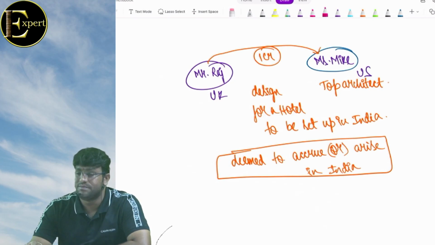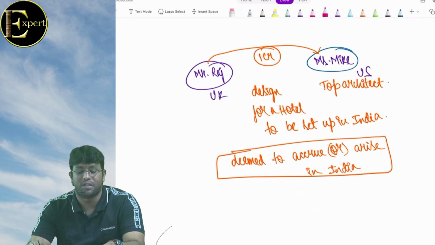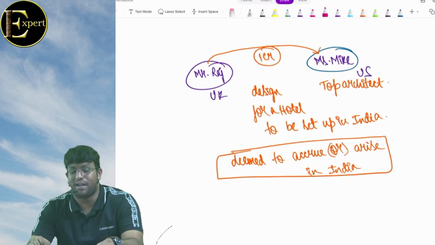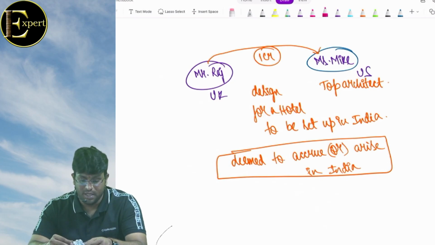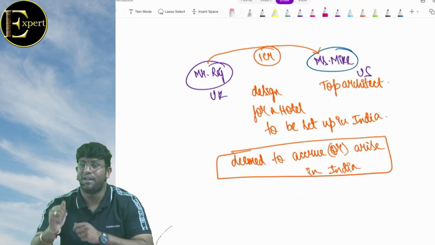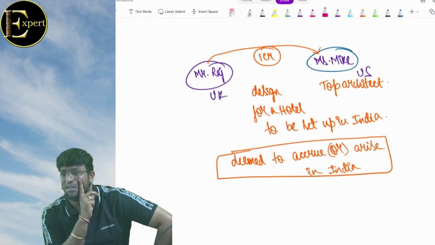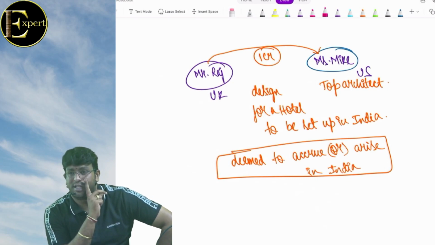Everybody, sir. Which section am I talking about? Section 9 deals with what? Income deemed to accrue in India. Section 7: income deemed to be received in India. Section 5. Section 4. Section 3. Section 2: definitions. Section 5. Section 6. That's all. 295A, 80G, Section 6(1A).